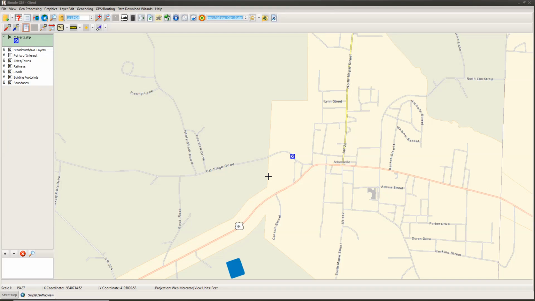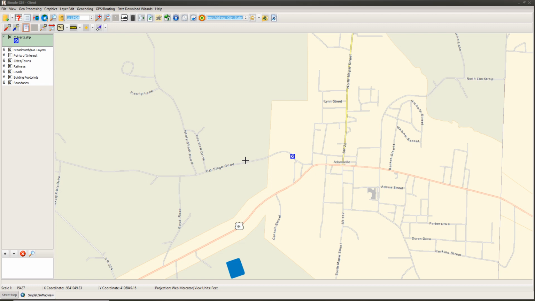Hi everyone. So today I'm going to be demonstrating a new feature available in the version 12.1.1 release of Simple GIS, and it's one of the more powerful features in Simple GIS, I think, and it involves our custom data forms. So if you're familiar with Simple GIS, since about the 11.6 release, we have this capability for users to be able to create and define their own custom data forms to display the attribute data out of their shapefiles